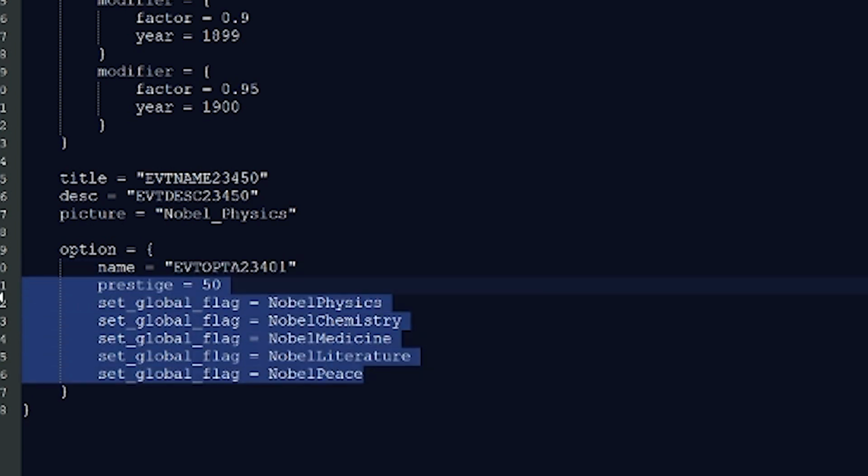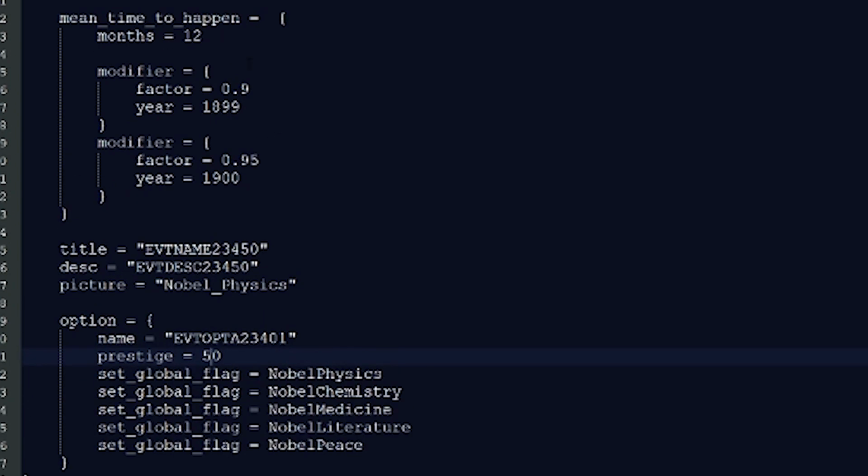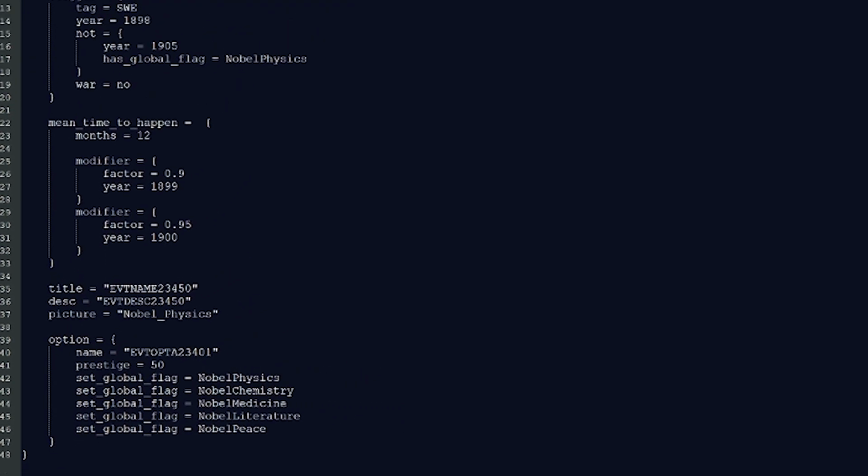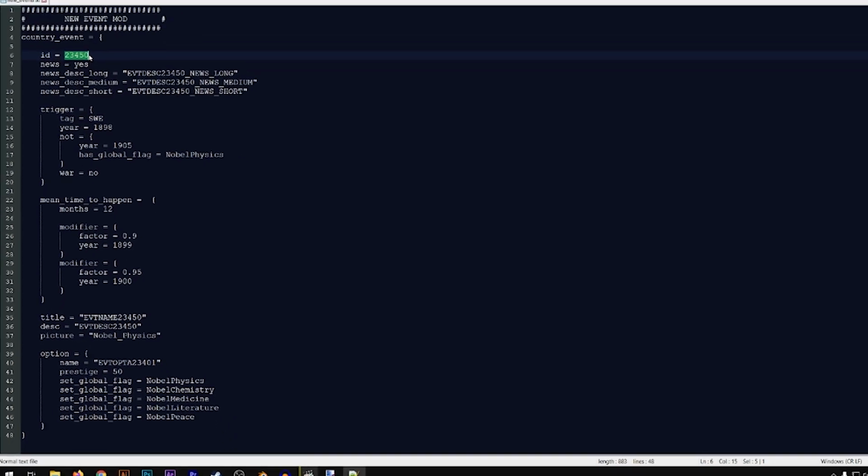And these are the effects of this option. Alright, so let me just once again save this file, and now we will start changing some things about it. First of all, and this is the first thing that you should always change, is to assign a unique ID